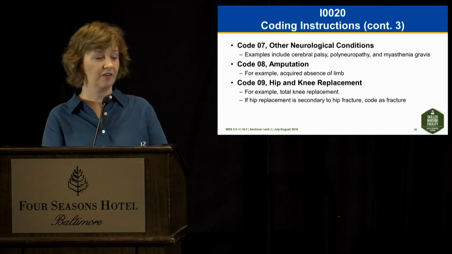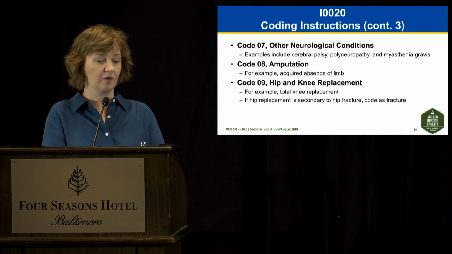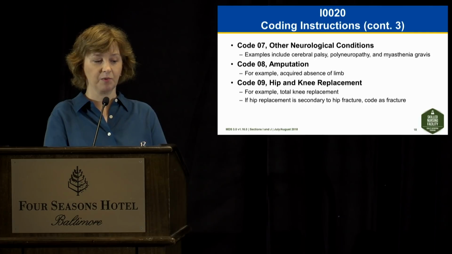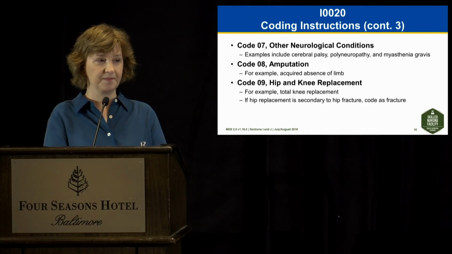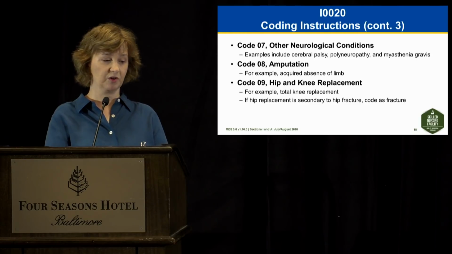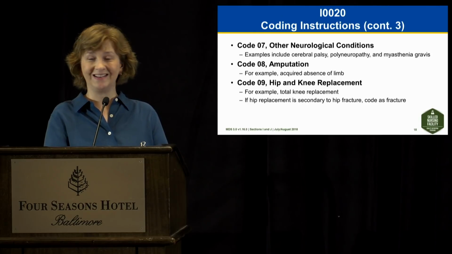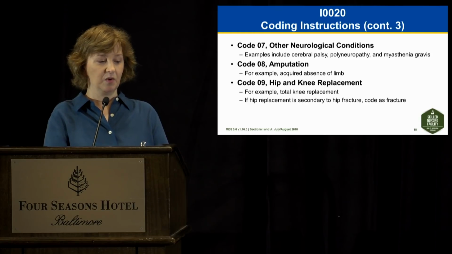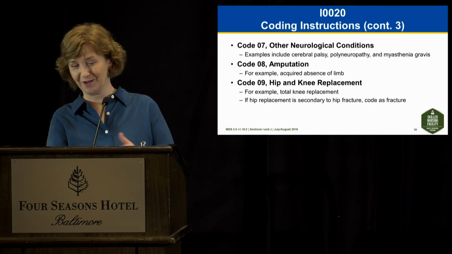Code 07, other neurologic conditions, would be those that are not progressive, and so that could include something like cerebral palsy, polyneuropathy, myasthenia gravis. Code 08, amputation, is related to an acquired absence of limb, could be upper or lower extremity. Code 09 is used for hip and knee replacement, and so here, an example, obviously, knee replacement or hip